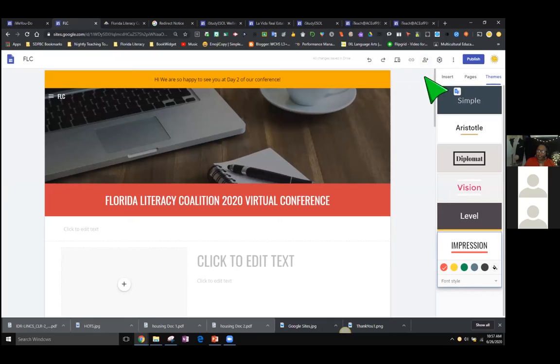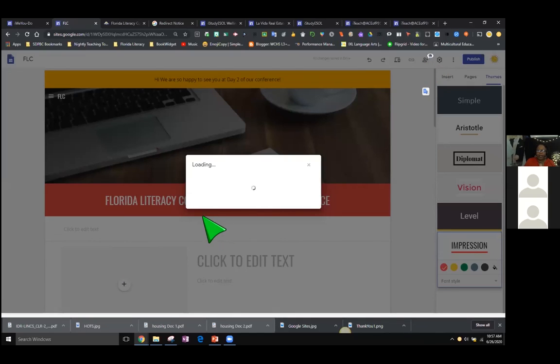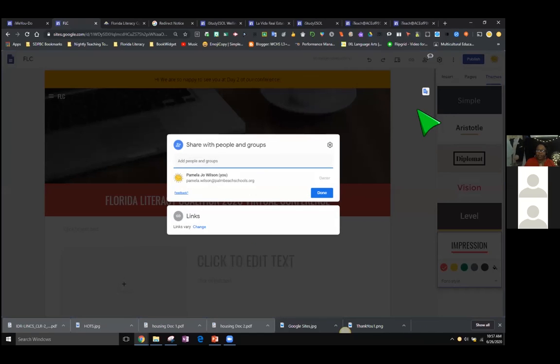Now this is a very important icon, and I'm going to click here. Earlier I mentioned that sometimes you're going to want to collaborate with people on building your site. We collaborate on our site back in Palm Beach County. If you're in a classroom and you're building a site for your learners, it may be you or it may be your co-teacher. If you're building something out for other reasons, then you may want collaborators. So this is where you come and you share your site and you set up your settings.